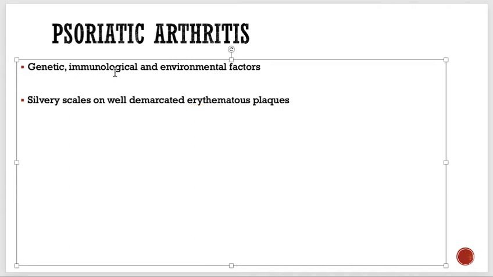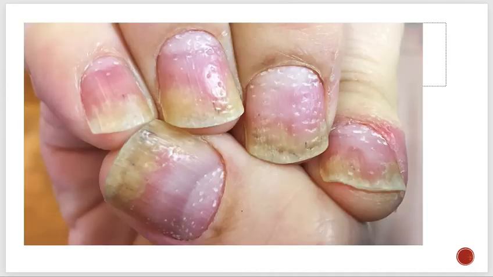Now, one very important feature which I wanted to tell you is they have nail involvement. Okay, they have nail involvement in this one. So I want to show you the nails. Their nails look like this. They have pitting. You can see there are small pits. Okay, pits. You can see a lot of pits. So they have pits with multiple ridges, longitudinal and transverse both. Can you see the ridges clearly with transverse ridges? And their nails become discolored, and